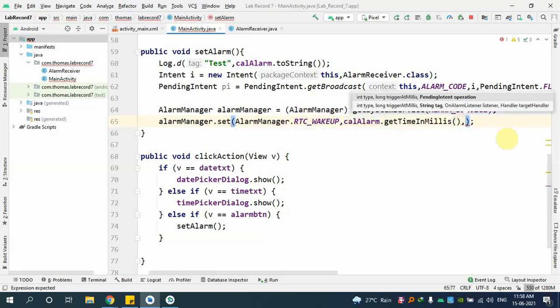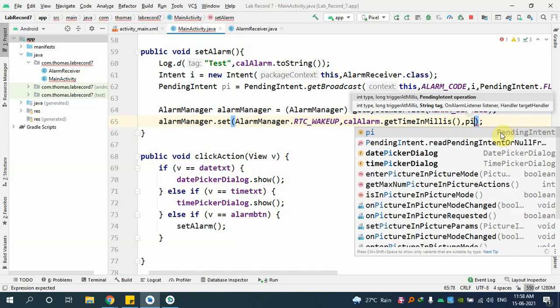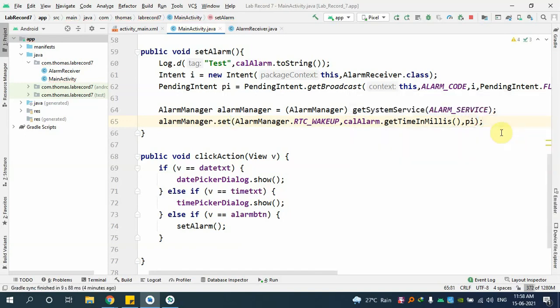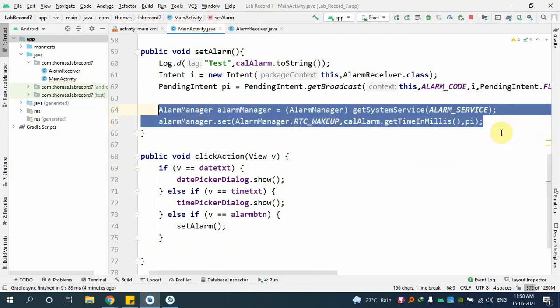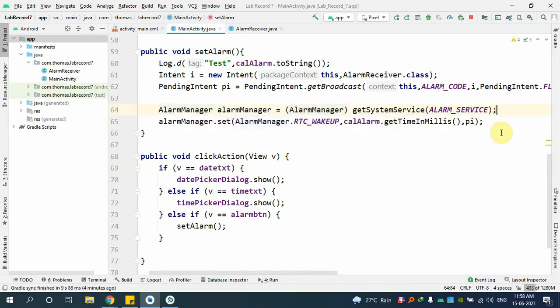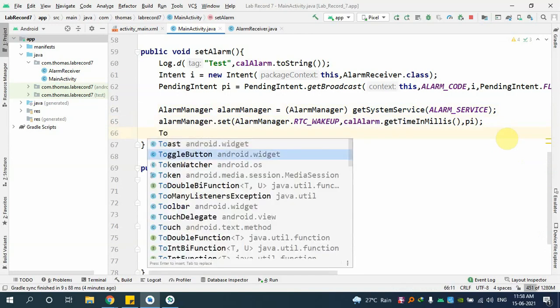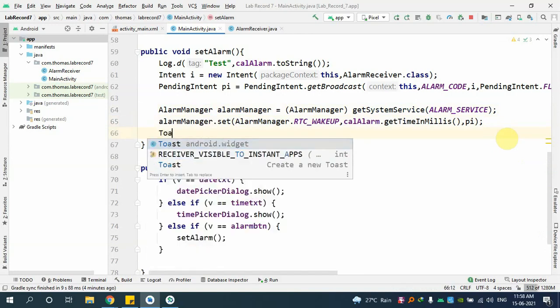The next one, what do you want? A pending intent. Do I have it? Yes, I have. Done. That's all, guys. These are the two lines of code to set an alarm in your phone using your own way. Now if I leave it like that, it will look like the button did not do anything. So I'll just create a toast saying